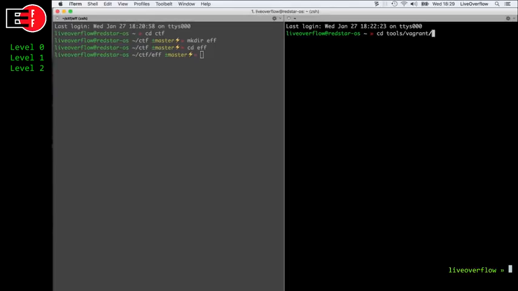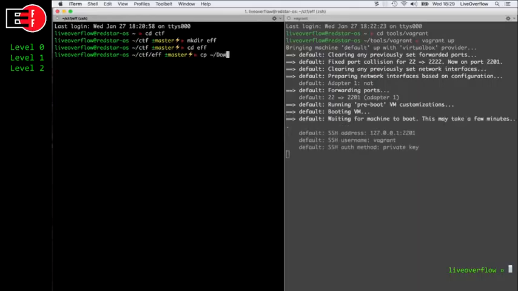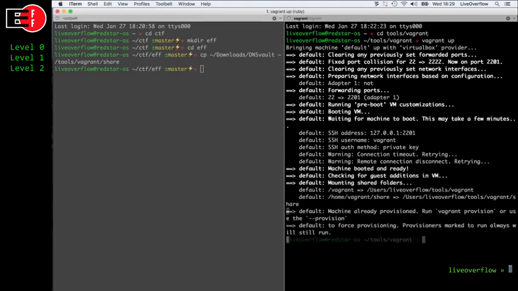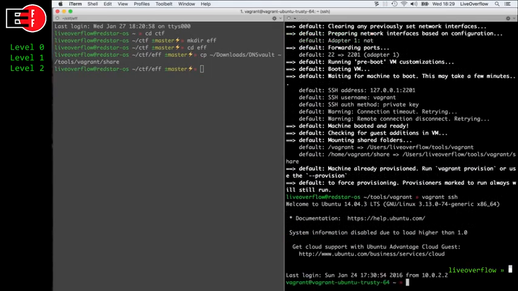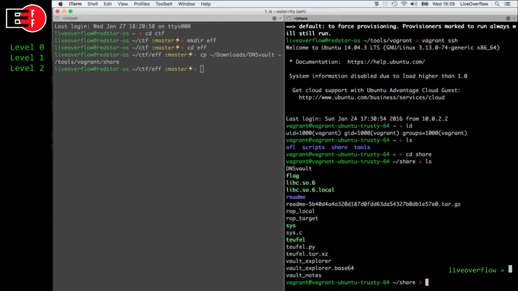As I said, I did the challenges before, so I know that it's a Linux binary. I should first do the obligatory check and see that it's a Linux binary. I start my Ubuntu VM with Vagrant, so I can actually debug or run the program. Okay, cool. So we now have access to our Ubuntu machine, and I copied the DNS vault binary